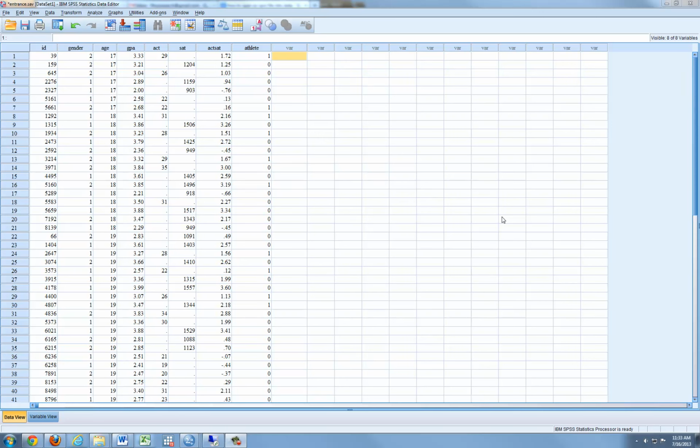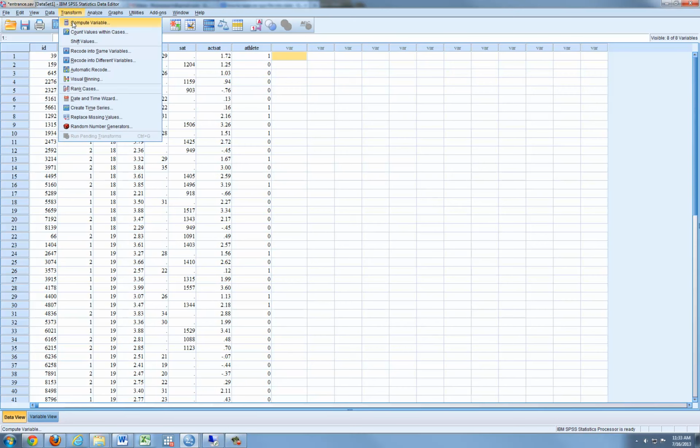Hi there, I'm going to show you how to compute new variables in SPSS today. Just notice this data set, we have a few variables up here that correspond to gender, age, GPA, ACT, SAT, athlete. We also have an ID variable, but notice this ID variable doesn't necessarily correspond to a case number. Just a note. So to start computing a variable, we're going to click on the Transform tab and Compute Variable,